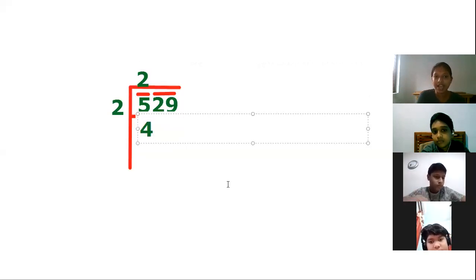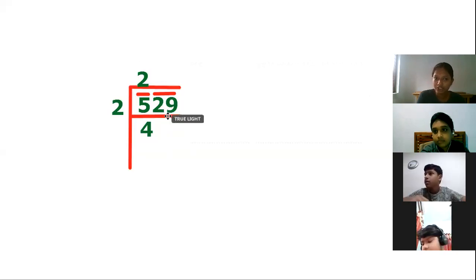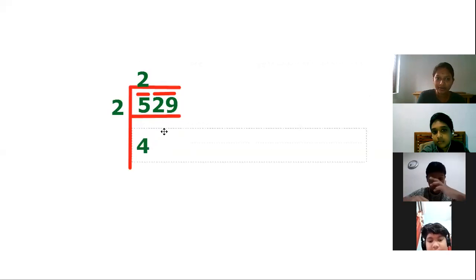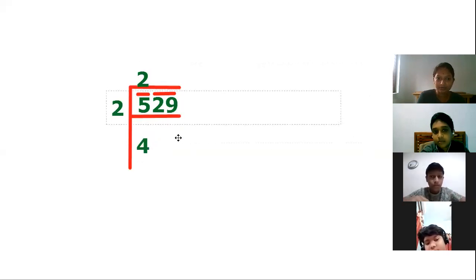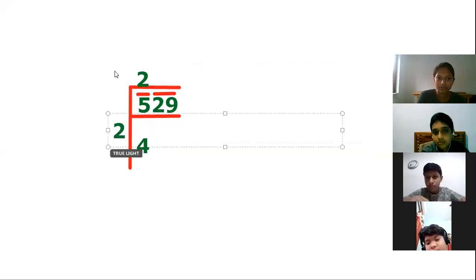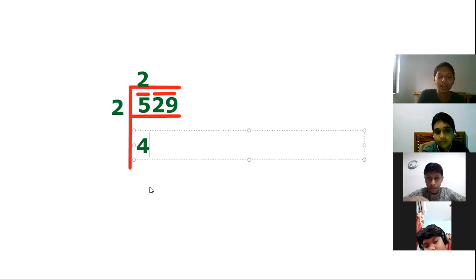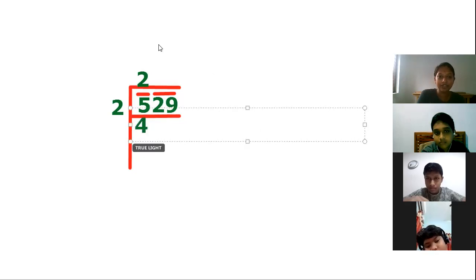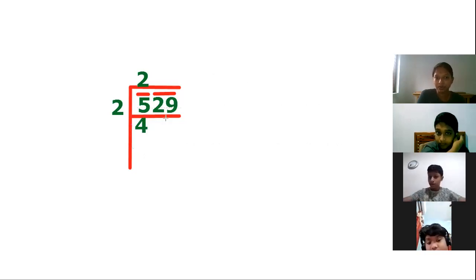We just have to subtract them. What happens when we subtract this? 1. It should be 1. Just a minute. And after subtracting, actually what we have to do here, we just have to place the next number beside the 1. While subtracting, we will get the number 1.